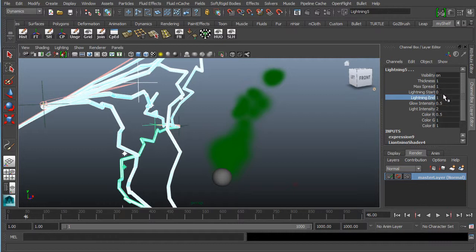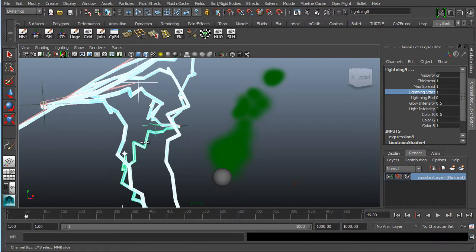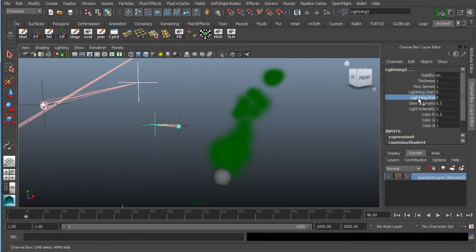And it is at 100% when it reaches the other object that the lightning is connected to. So we're going to key the lightning end. Unless we want it to go in the reverse order, then we have to set the lightning end to 0 and the lightning start, watch, let's see if it'll do it, yeah, like this, to have it grow out like that. Okay, but in this case, I'm going to key the lightning end, and let me go to the first frame,